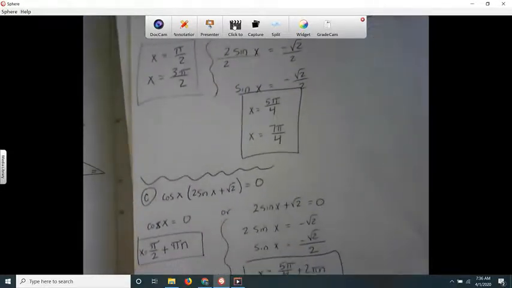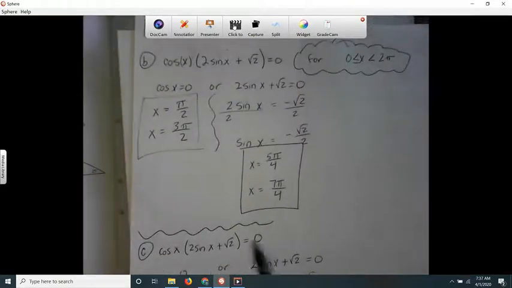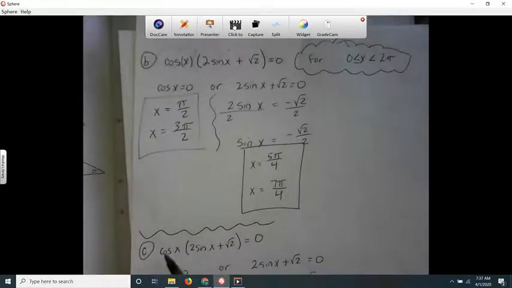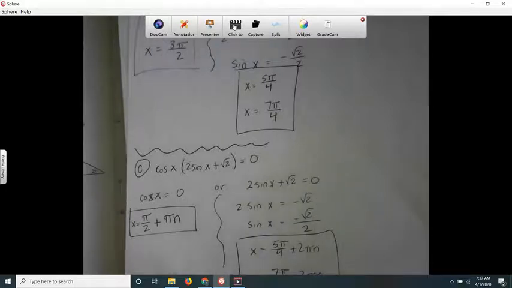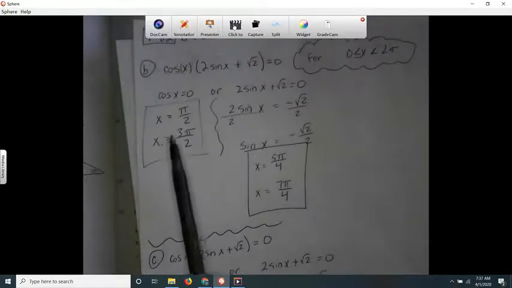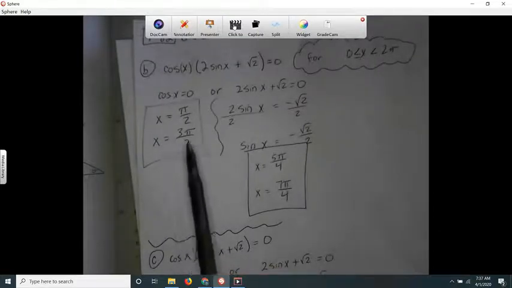Now the very next problem, letter C, if you'll notice, these are the exact same. You start with the exact same problem, but this one doesn't give you an indicated domain. So that means I could go around and around and around the unit circle. Remember, when we solved this one, we said that x could be either pi over 2 or 3 pi over 2. That's where cosine x is 0. And let's check that. Cosine of x is 0 up here and down here. But if I don't indicate that x has to be in between 0 and 2 pi, I could go all the way around. That's 2 pi plus